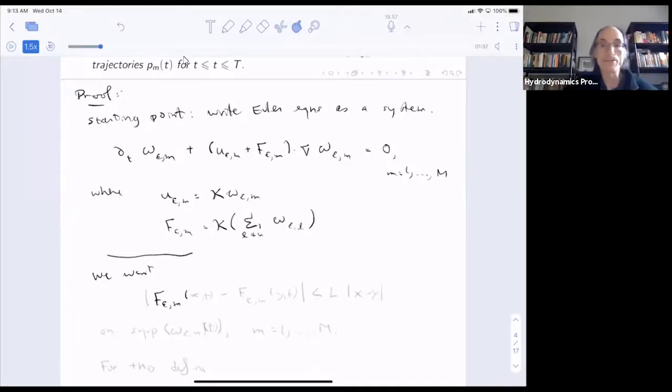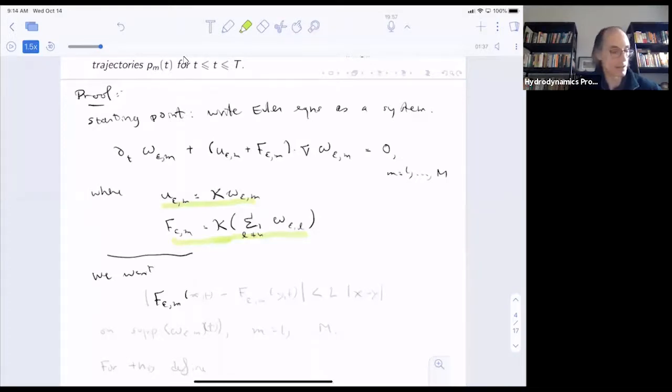Let's pause for a second, just to make sure we get this. So this U epsilon m is what I get when I apply the Biot-Savart kernel to omega epsilon m to find the associated velocity field, and then F epsilon m is the velocity field generated via the Biot-Savart law by all of the other blobs of vorticity. So I've written the equations as a system, and the good thing now is